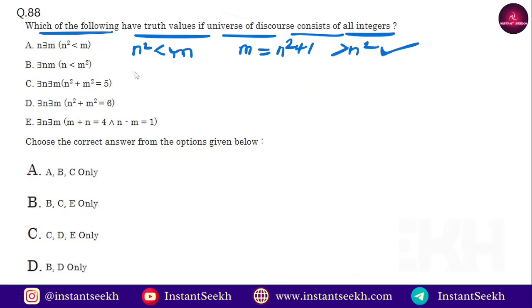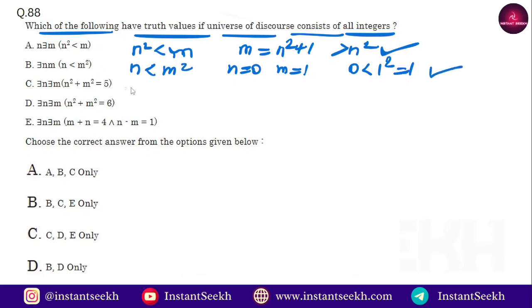n is less than m square. This means there exists an integer m such that n is less than m square. So let n equal 0, m equal 1. Then 0 is less than 1 square, which equals 1. So this is also true,